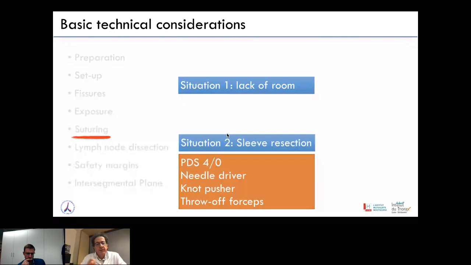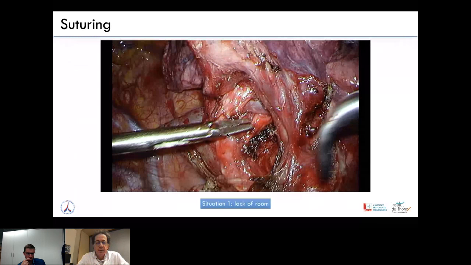So here, in this case, we are performing a segment 3 segmentectomy in a lady who was not very tall with a small chest cavity. And I have just made a summary of the recorded pictures, but you will understand that it was not possible to staple that B3 bronchus. So we could dissect it,